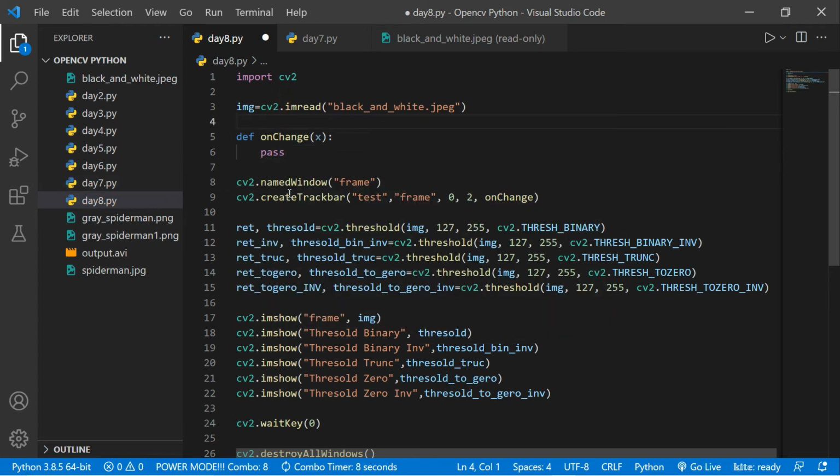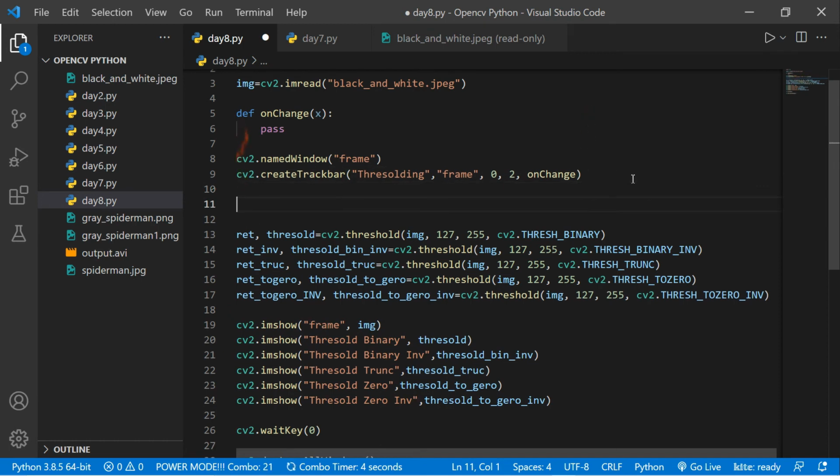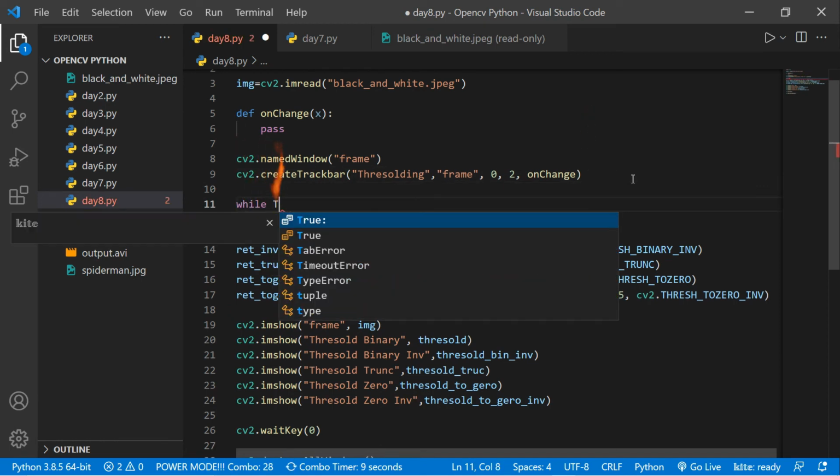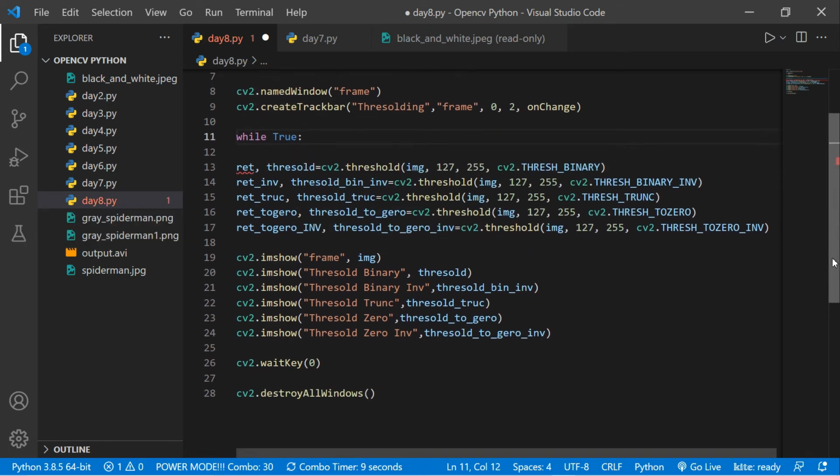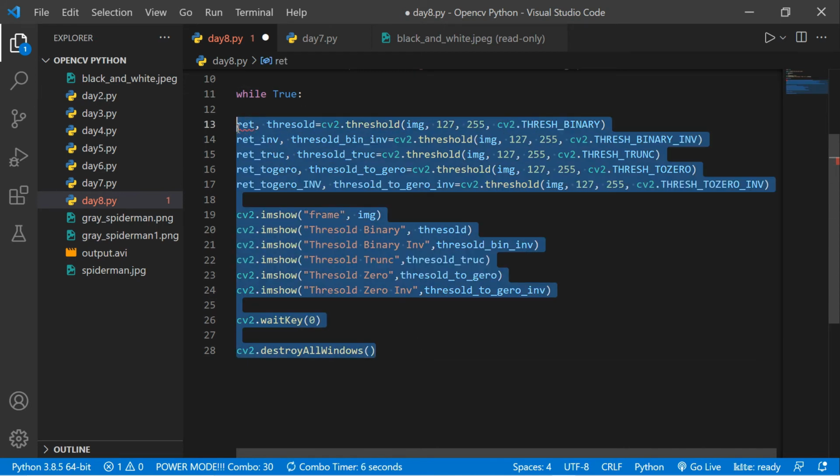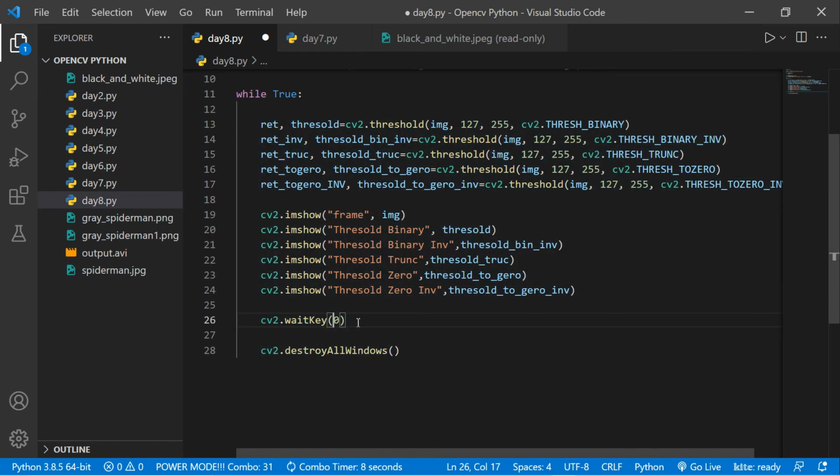We don't need that. Name the window as the frame, same as it is, and let's create a trackbar. This is for the thresholding, so let's name it thresholding, with the same frame name. Then we're going to create a while loop. Let's say while True, and put this inside that, and set it to 0, no problem. You're also going to set a waitKey to break the loop,